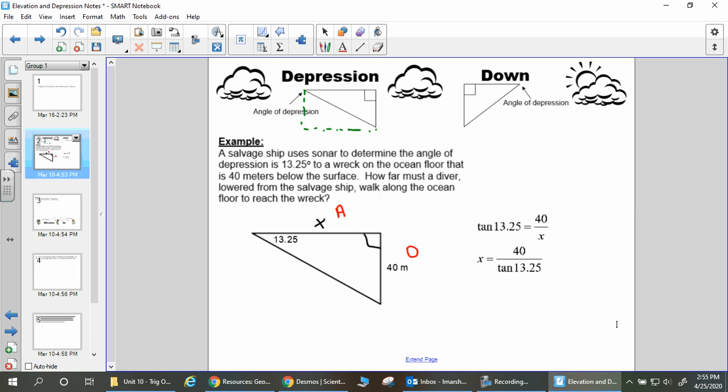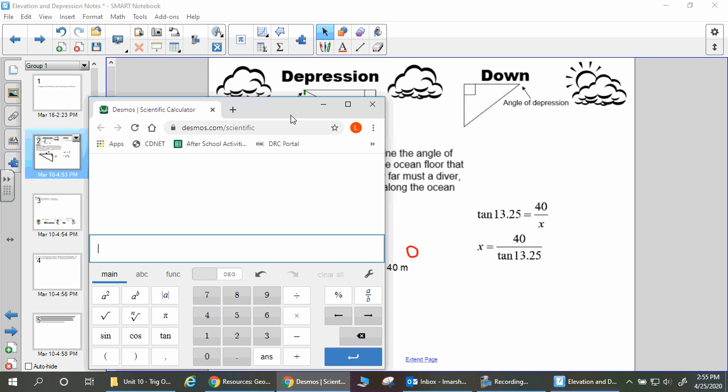I'm fine with that. I don't necessarily need to see the steps in between, but do what works best for you, right? And so as always, use a calculator. I can put in 40 divided by, we want our tangent, 13.25. And here we're looking at